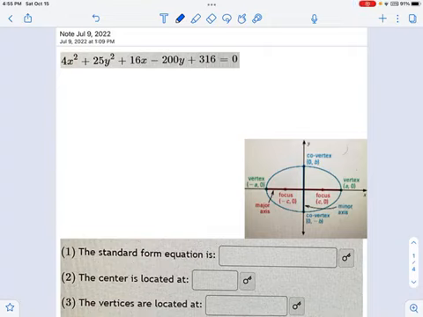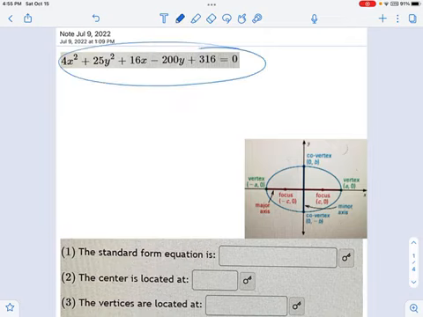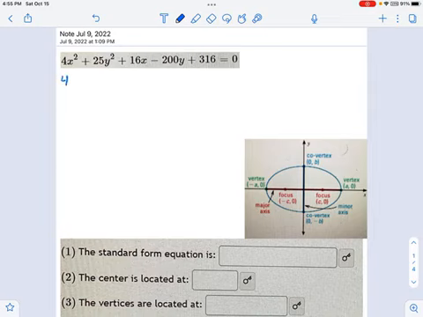We've got another ellipse to draw here, and first things first, you always want to have the standard form equation to look at. It's going to make things a lot easier to describe this ellipse. So first thing I'm going to do is rearrange the equation I'm given into a more helpful form. And what I like to do is start off with my x's over here, 4x squared plus 16x,